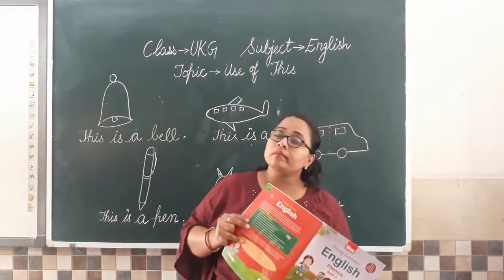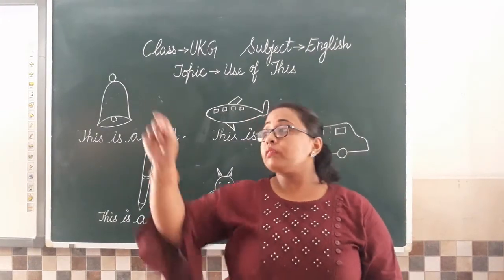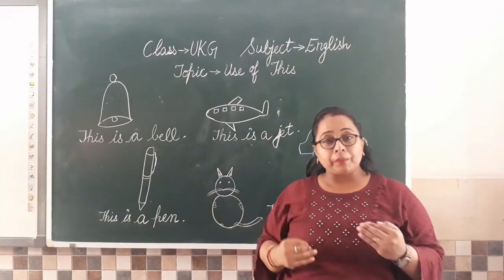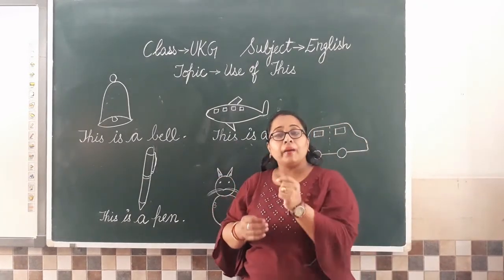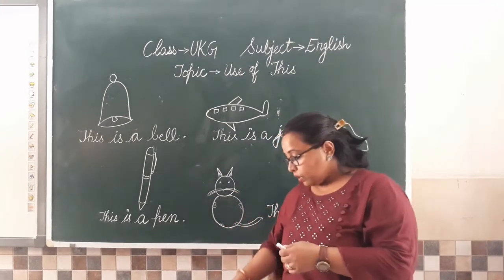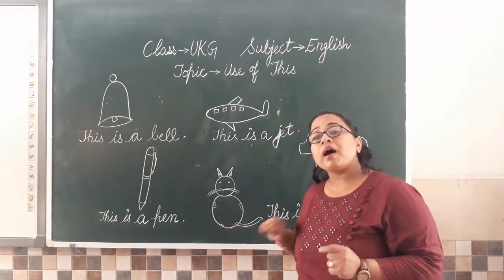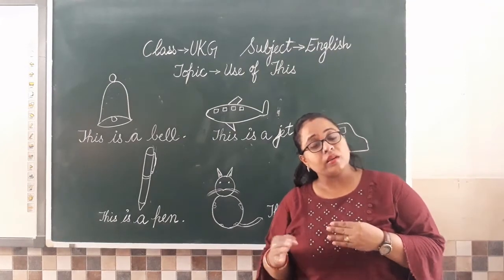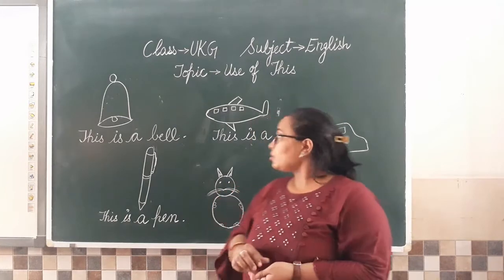So now if I say, what is this? This is your book. ठीक है? अब मैम कहती है, what is that? So that is your chair, your table. अब आपकी जो chair table है वो मैम से दूर रखी है. So I'll say, what is that? But if something is near me, अब मान लीजिए Parth is standing near me, and I'll say, who is this? This is Parth. Clear? तो जो पास में होता है that is this, और जो दूर होता है वो क्या होता है? that. Understood? Okay.